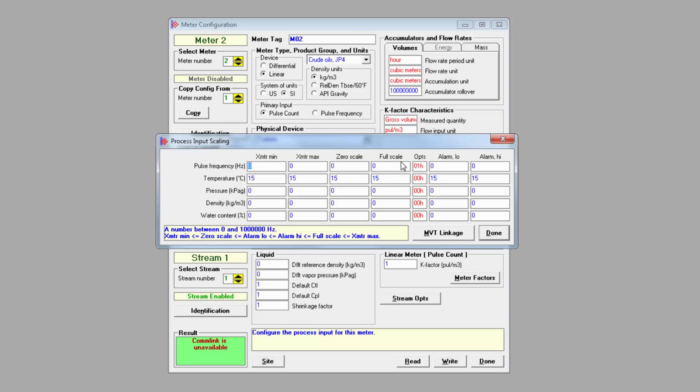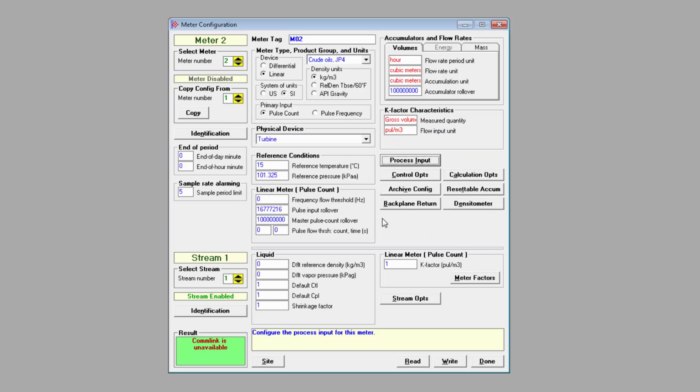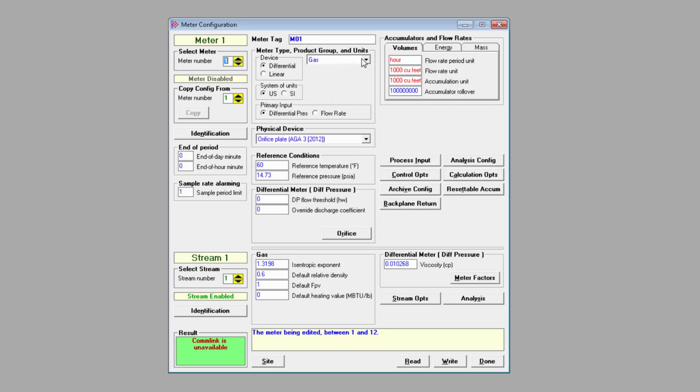Here I can enable high and low alarm thresholds. So if I get input data that is outside the configured range, the MVI 69E AFC will trigger an alarm for that process input. If you are setting up a gas meter run, you will need to configure the Molar